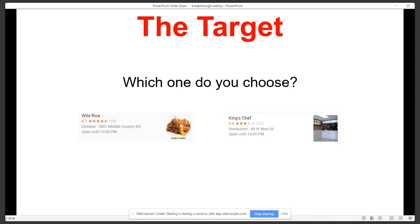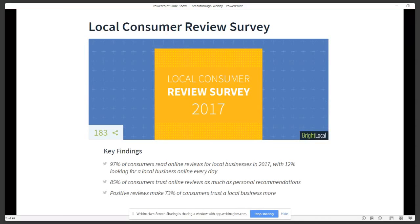You don't know anything about it. You're dying for Chinese food. Which one would you choose? Wild Rice. If I was able to show you a way where 85% of the people walking through that door